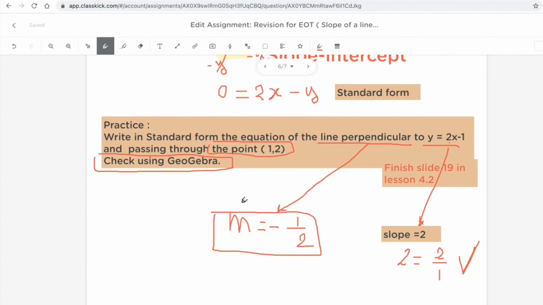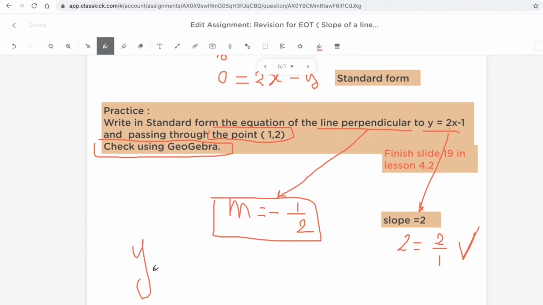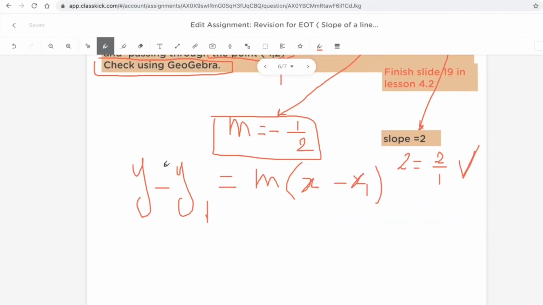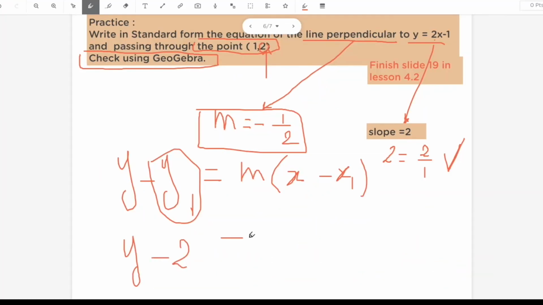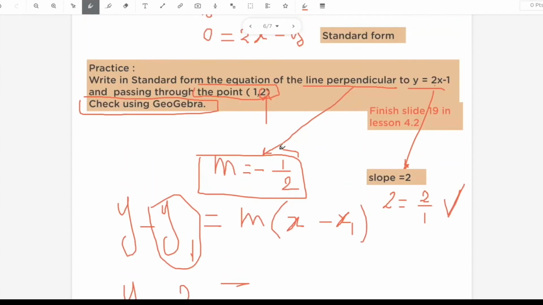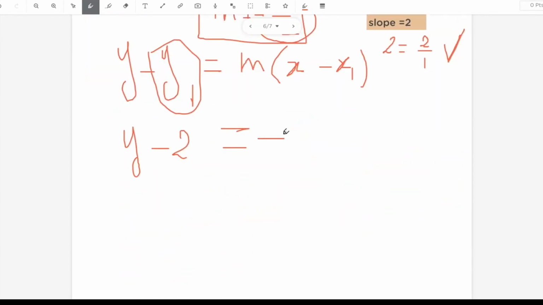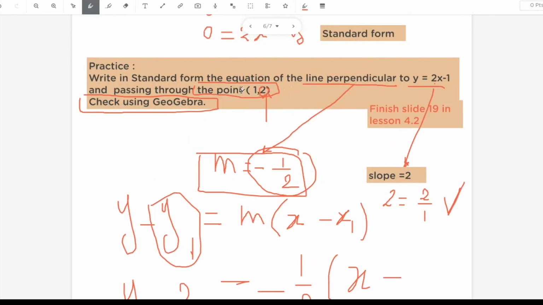We use the slope-point formula. y minus y1 equals m times x minus x1. The point is given here, 1, 2. So instead of y1 we put this y, 2. y minus 2 equals, now the slope of this perpendicular is negative half. So we put negative half times x minus x1, which is x minus the x coordinate of the point, which is 1 in this example here. So minus